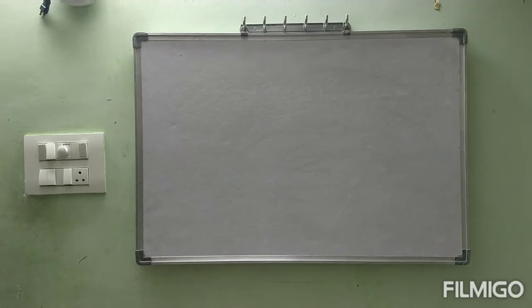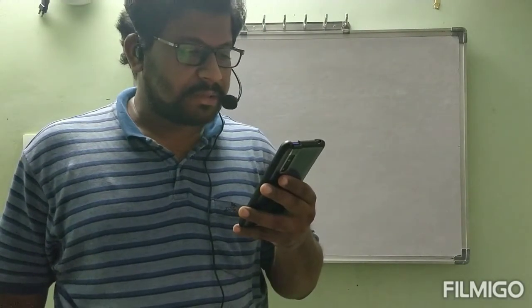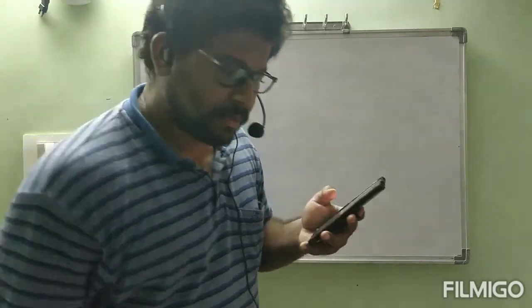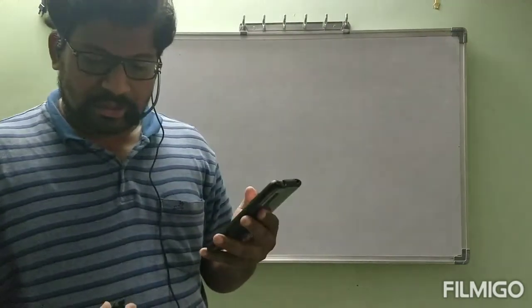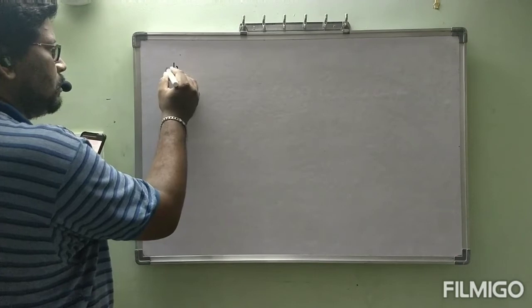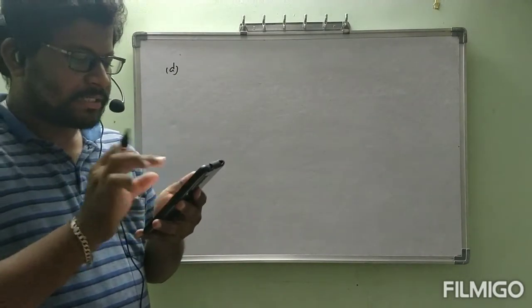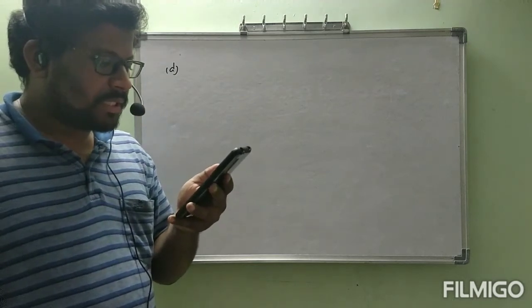In the previous class, we saw how to write the names of coordination compounds under the heading nomenclature of coordination compounds, and I gave homework also. Now let us go through that homework problems. Example 9.3, example 9.2, all the questions I explained. In example 9.3, I explained A, B, C. Next we will go for D. Let us see what question they give for D.